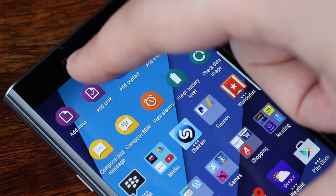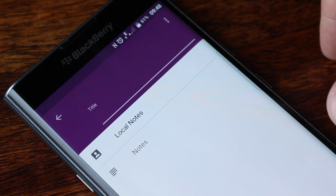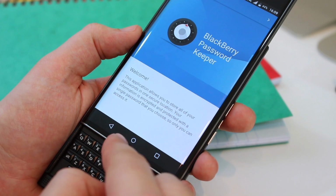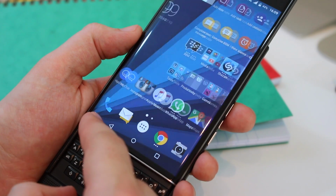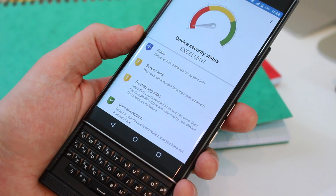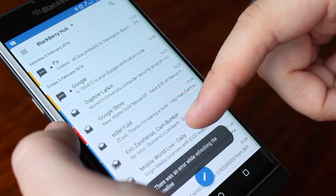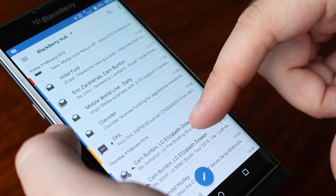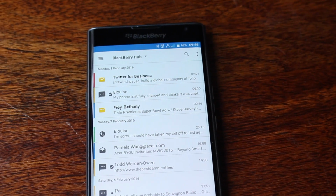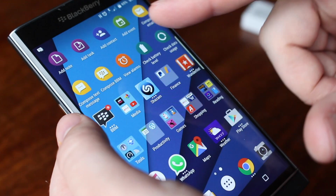As far as other bloatware goes, BlackBerry's done a great job of not including too many duplicate apps. There's no BlackBerry browser or messaging app. It has a notes app and a calendar app, as well as a password keeper and obviously BBM. And also there's DTech, which is a security-focused app and shows you how secure your phone is. Since both notes and calendar tie into the entire software experience, you could argue that those are necessary, leaving just a couple that you could argue maybe proper bloatware. But still,